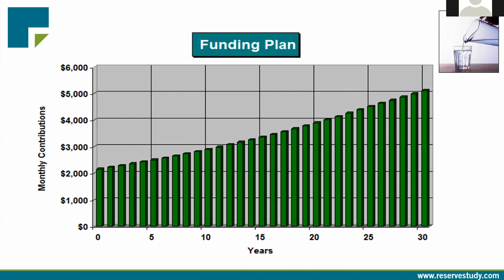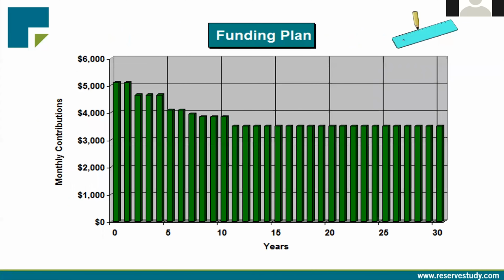And because of its flexibility, you can design a nice, smooth funding plan that floats upwards with inflation, so current and future owners effectively pay the same inflation-indexed contributions, all while providing sufficient funds. Now again, let's contrast that with the component method profile I showed you a moment ago, where contributions start high and then drop later.